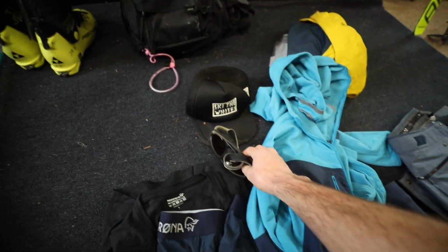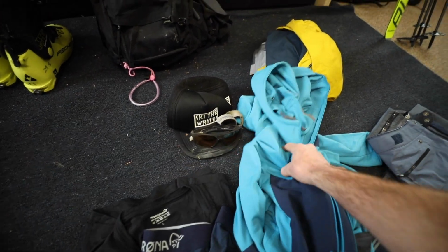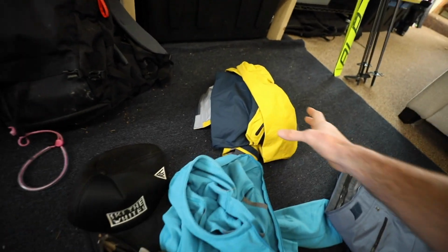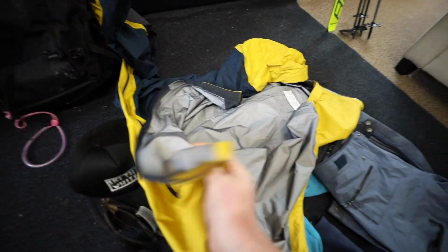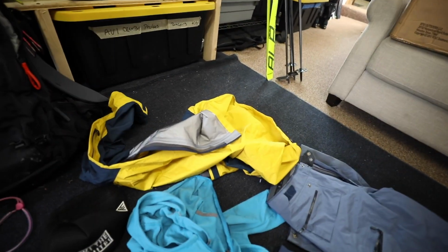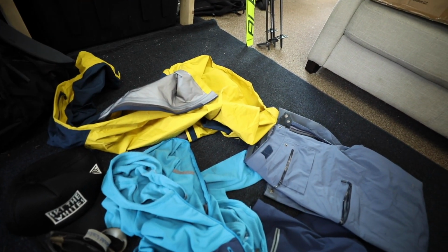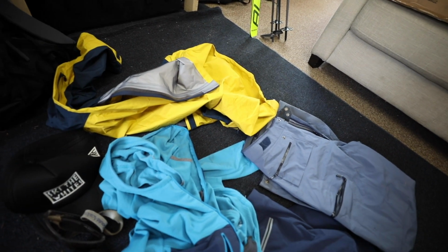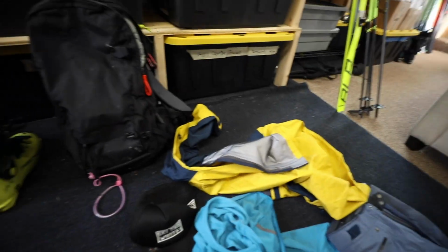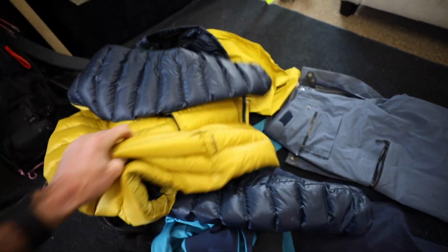And when I skin up, if it's a nice day, I'll be in a trucker hat with some sunglasses, and maybe I'll start off in a shell layer. And this is a Gore-Tex shell layer, very basic, super thin and lightweight. If you have just a windbreaker, that can be nice too. If you know you're not going to get weather in the forecast, like rain, then a windbreaker can work perfectly fine. So then if you stop and get cold, I always have a puffy layer to throw on top,